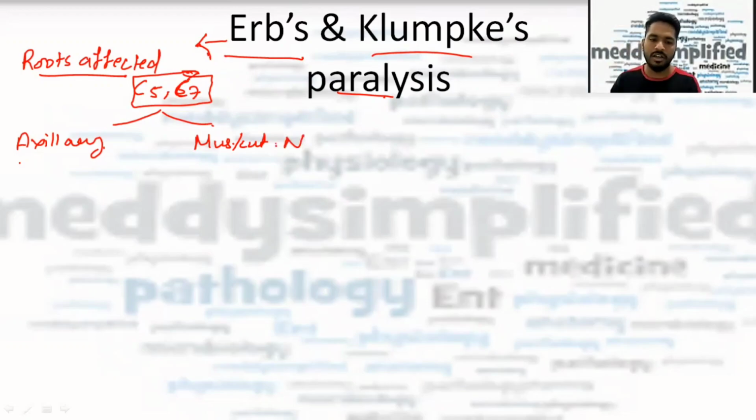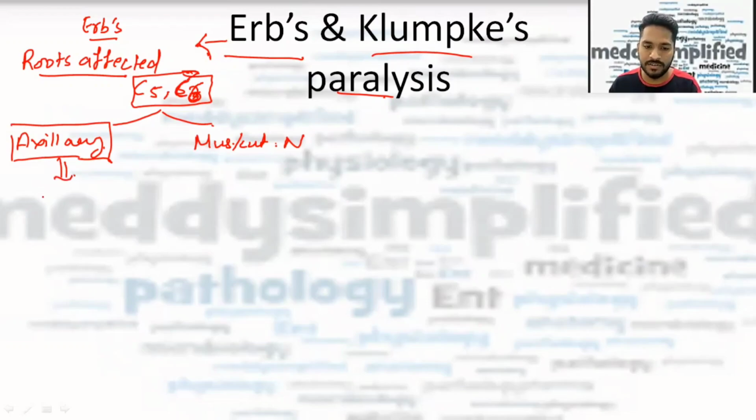In the axillary nerve, if you remember, where does the damage occur? If it is a fracture of the humerus, it occurs in the fracture of the neck of humerus, right? This is not relevant to this, but I just wanted you to keep on revising it. Root values affected are C5 and C6, and it occurs due to damage at Erb's point. What is Erb's point? For this, you have to know the brachial plexus very well. If you want to watch brachial plexus, you can get a link over here and you can watch this video if you have a sufficient amount of time.